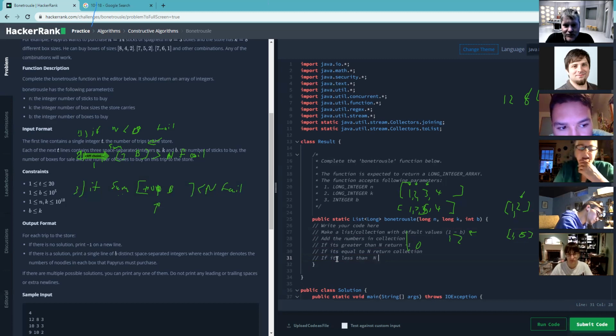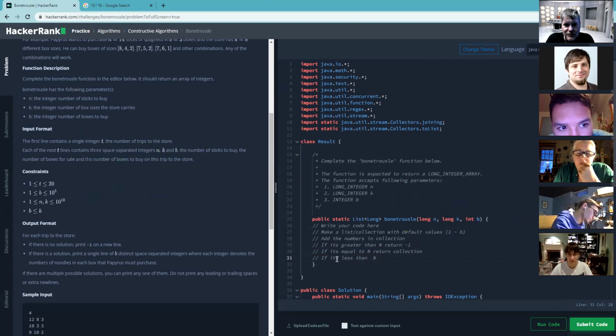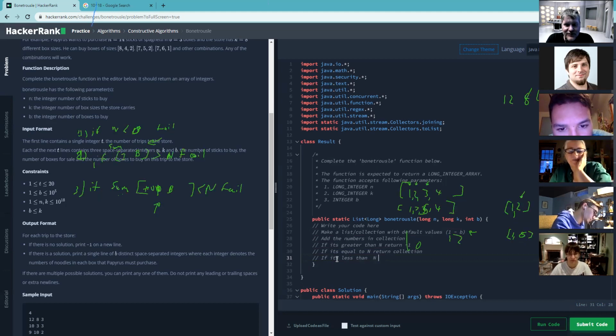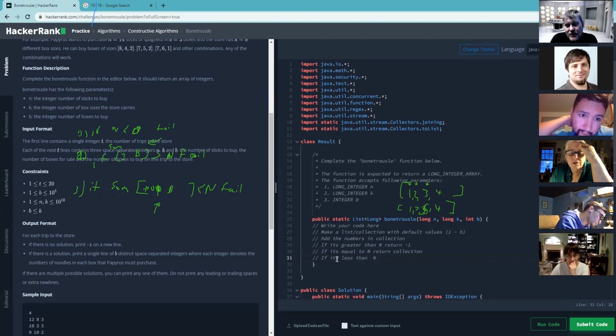If it's less than n, then we're going to start changing a number. Now we're going to go through that process that we worked through, right? I hit the wrong button. Undo. I just wanted to clear this stuff out of the way. There we go. What's the easiest way to do it? Let's start by changing 1. If it's less than n, if we